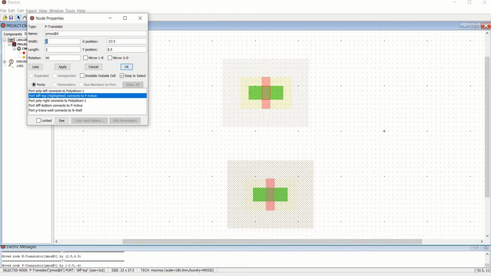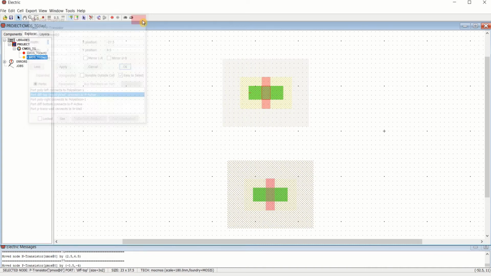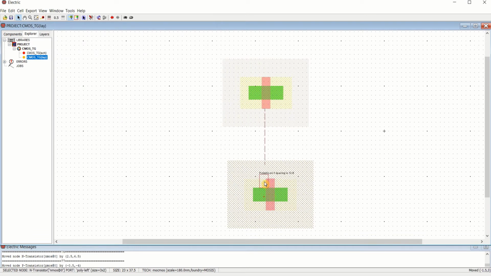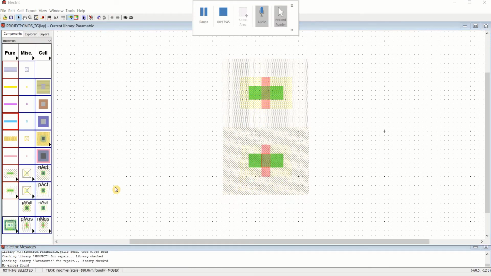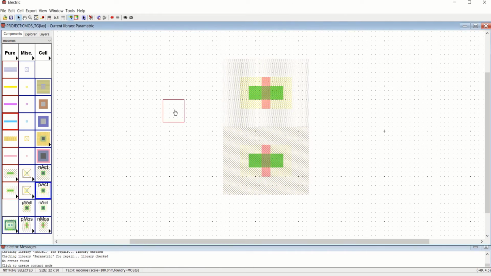So if I set the 2, you will have a lot of errors with this. So I am using the default value. You can make the connections with this. Place the P active.